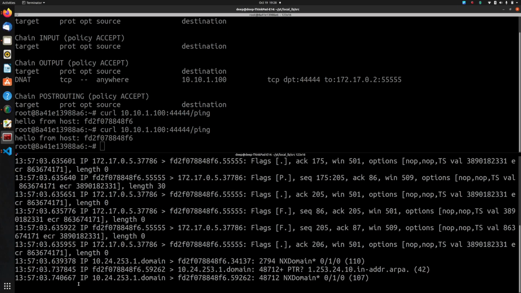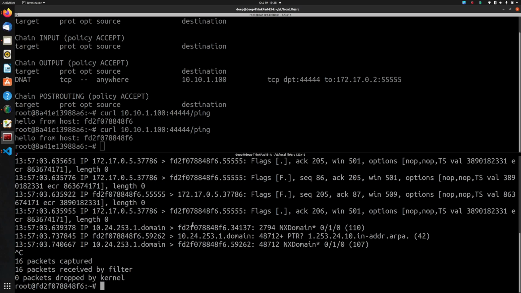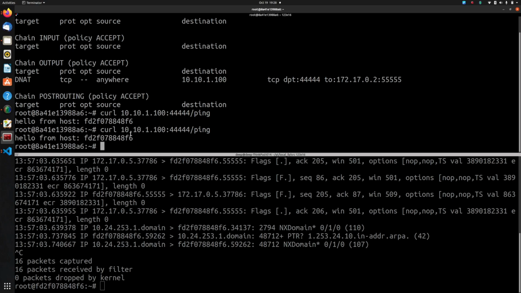Now comes the other interesting part, which is how can we make it round robin, right? So again, as I mentioned, I'll be using the statistic module. I'll be showing the round robin thing here. You can also do a random thing. Basically, the statistic module has a switch called mode, and this mode determines which algorithm will be used. So if you select mode nth, you are saying which server to hit on which turn.